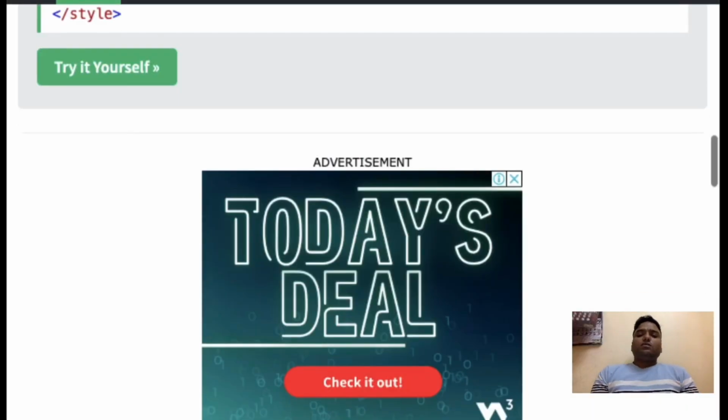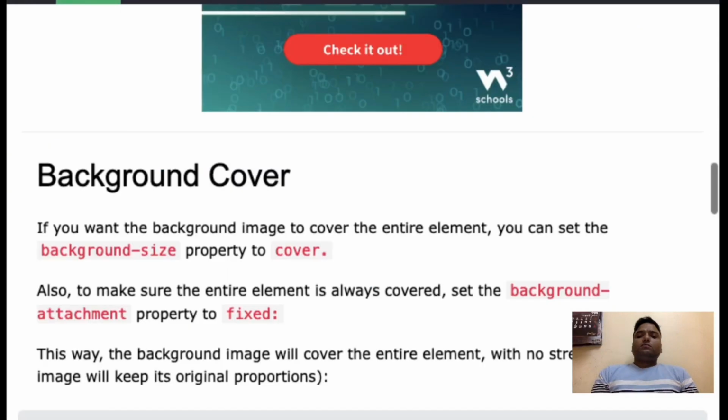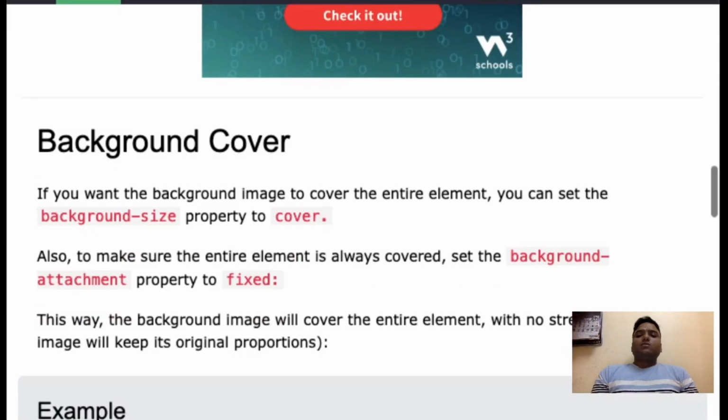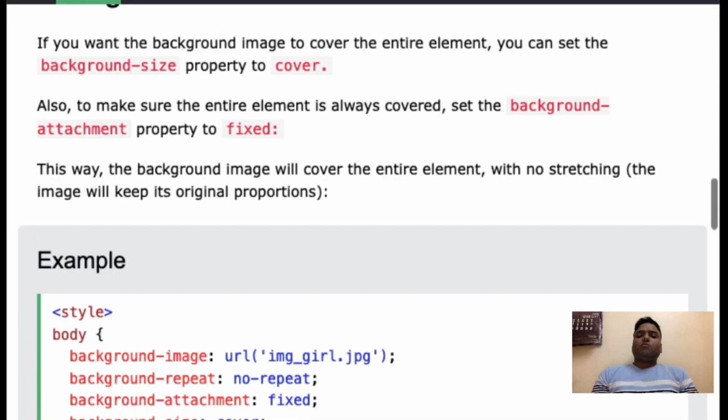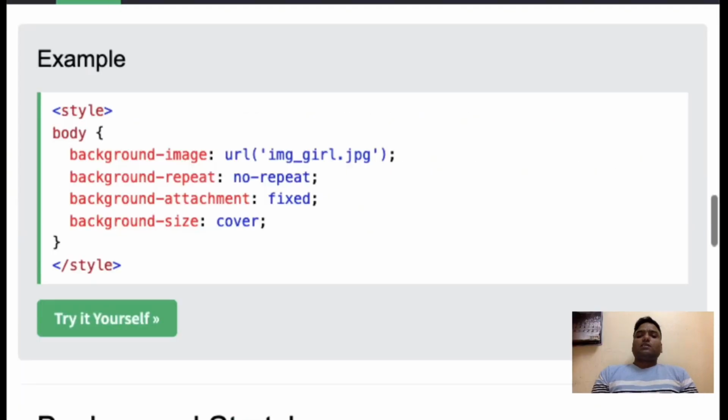So here you can see the body element is used. Background size is cover. When you write cover, it will cover the entire element, and the background attachment property is fixed. So this background image will cover the entire element with no stretching. The image will keep its original proportion.